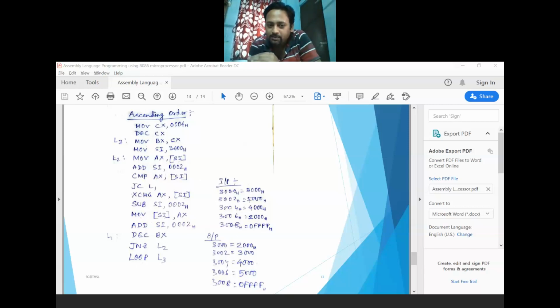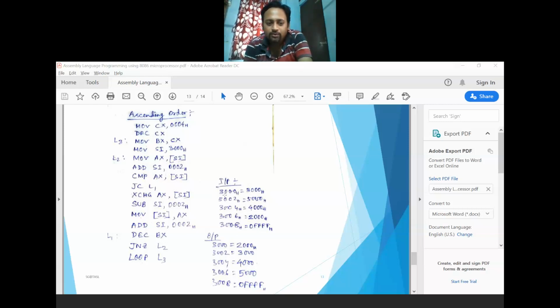Now from this memory location 3002, you need to give this content into this position. So that's why you need to subtract 0002. If you subtract 0002, that means SI points to this memory location, and that content will be moved to the SI register, which is 3000.